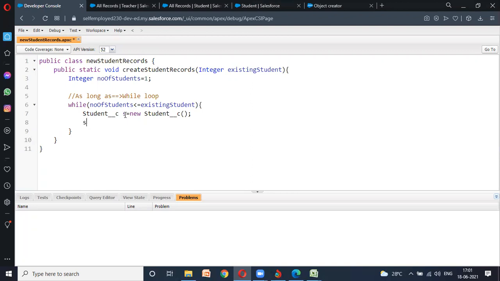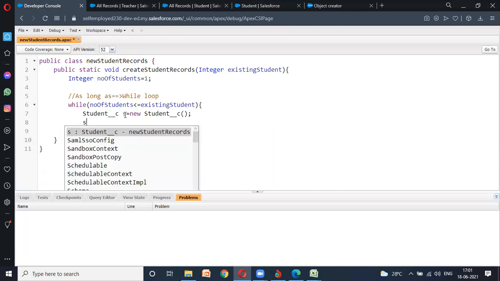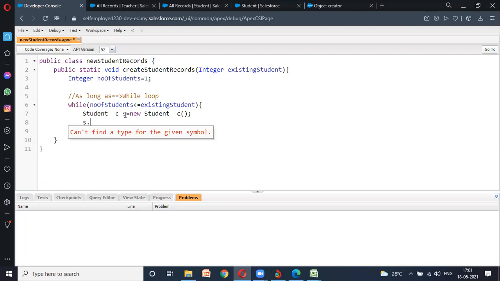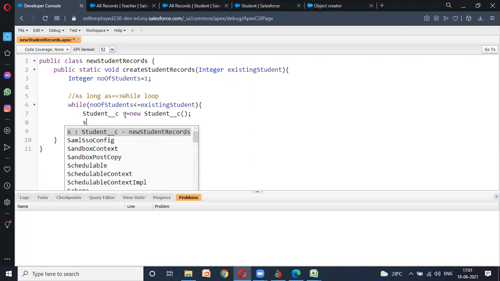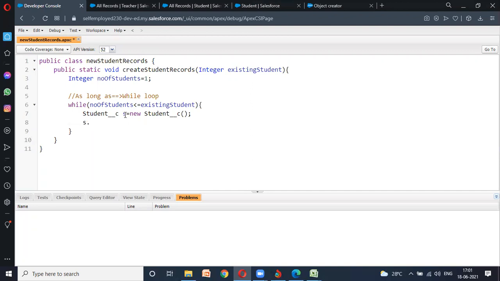Now the moment I type dot, all the fields start showing. Okay. Sometimes it will show, sometimes it won't. We can't help it. Meanwhile, what and all we want, through S only we need to denote.